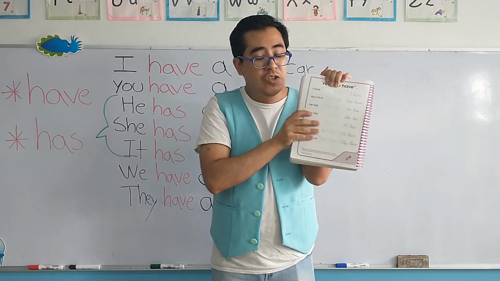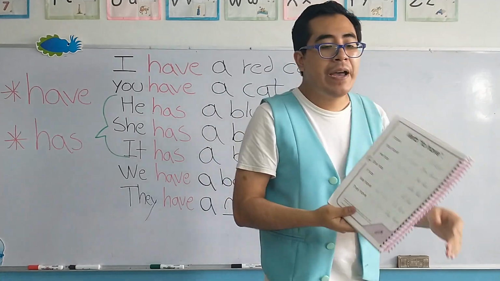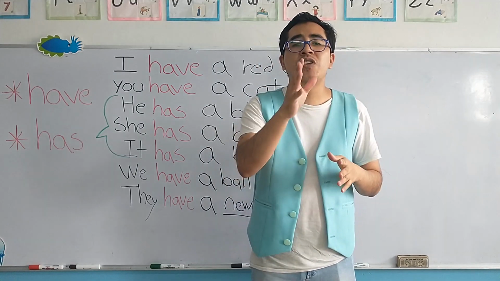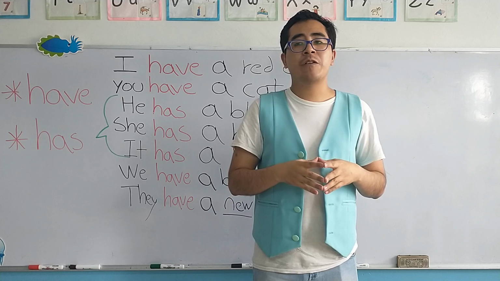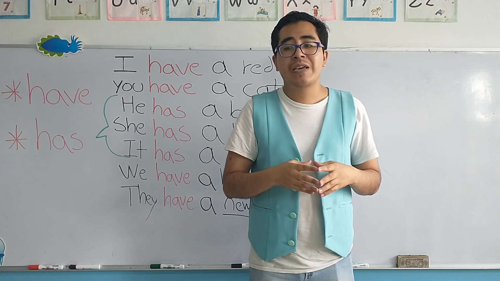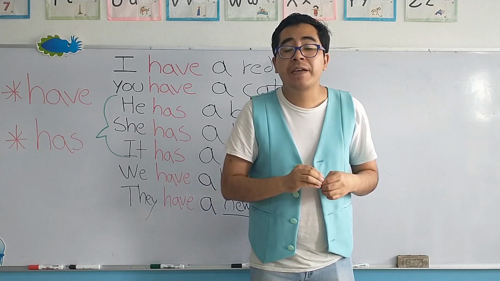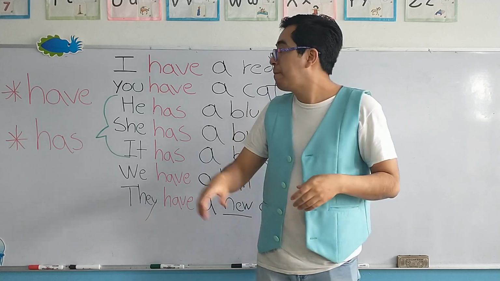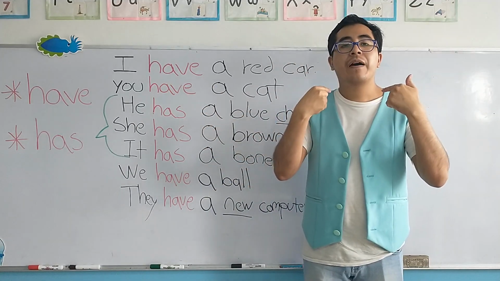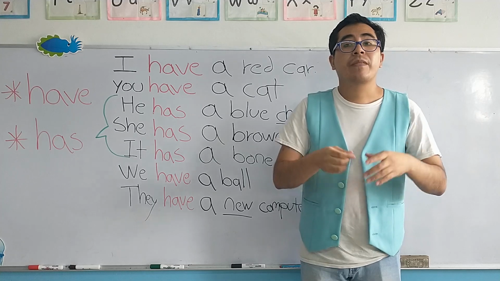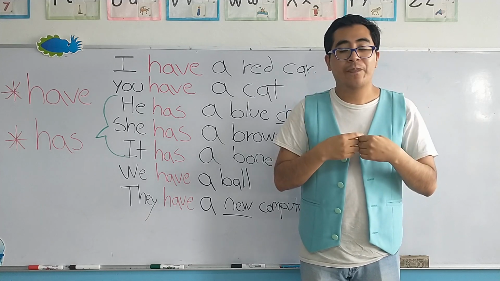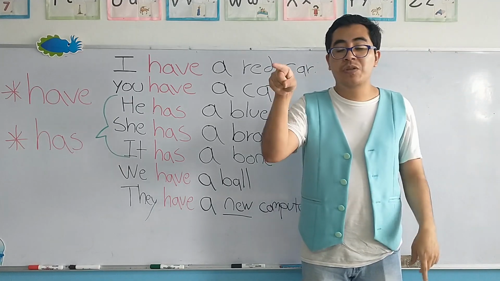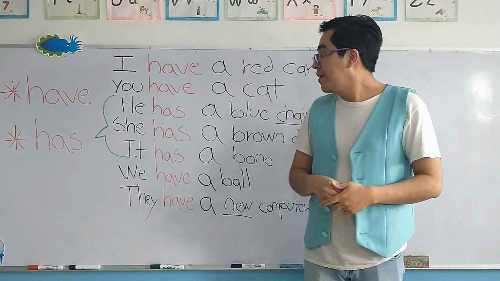So, before we finish, this is the activity of today, and let's have one final review of today's sentences using the verb have. Vamos a tener un repaso final de nuestras oraciones en donde utilizamos el verbo have, que es la palabra del día de hoy. Have in Spanish. I have a red car. Yo tengo un carro rojo. You have a cat. Tú tienes un gato.